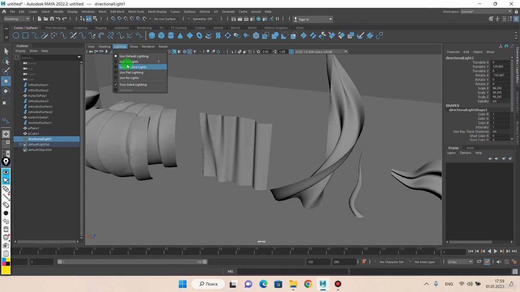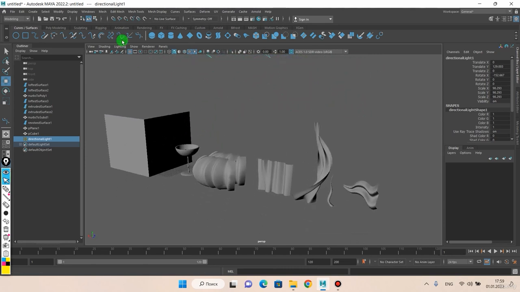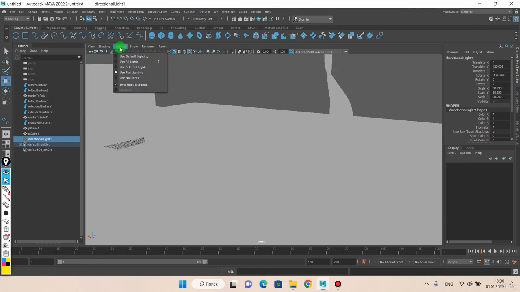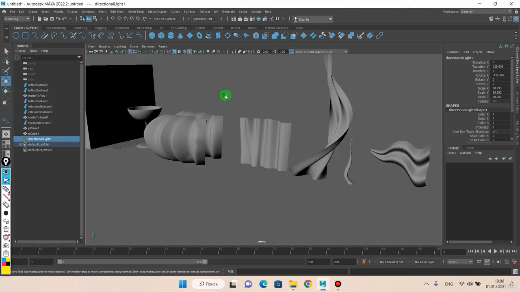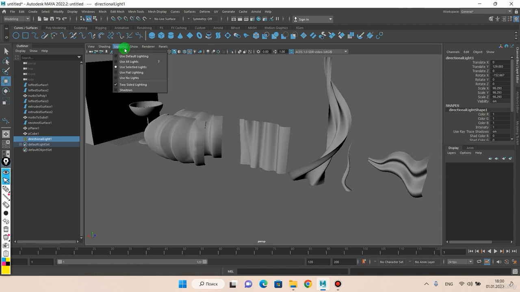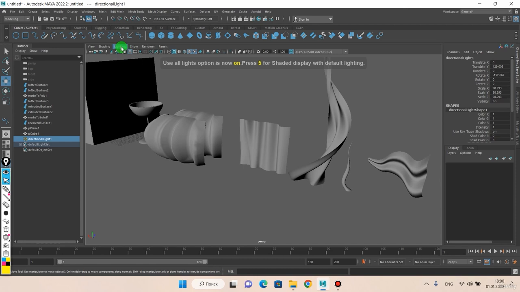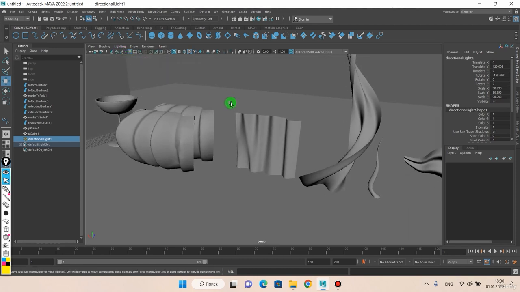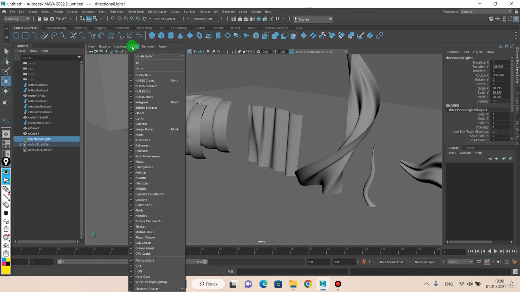So right now we can use all lights, and our objects are starting to be lighted. Or we can use a flat lighting. It's when only diffuse color is taken into account, or we can use no lighting or only selected objects. We also can enable shadows actually in the viewport. They are not going to be realistic,